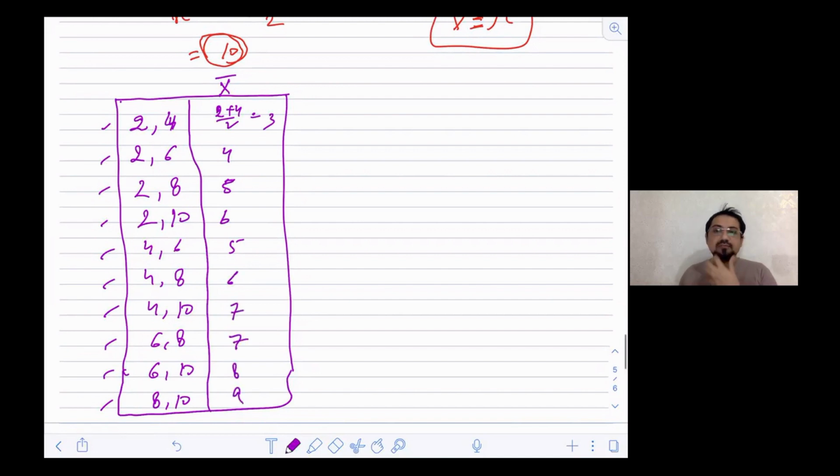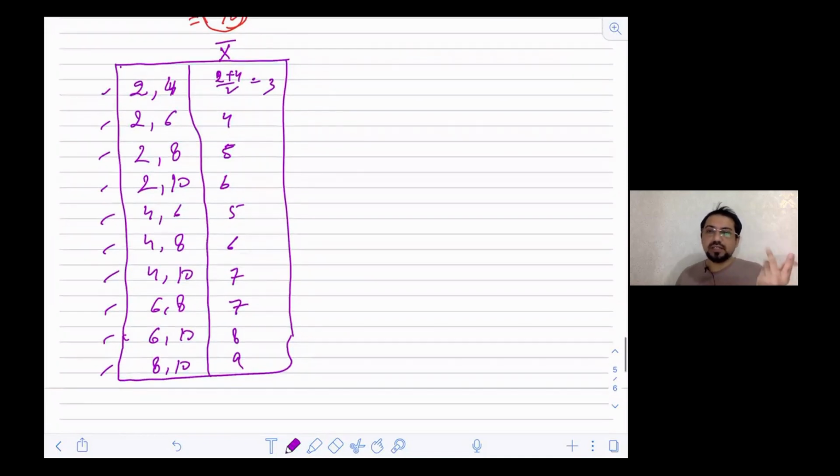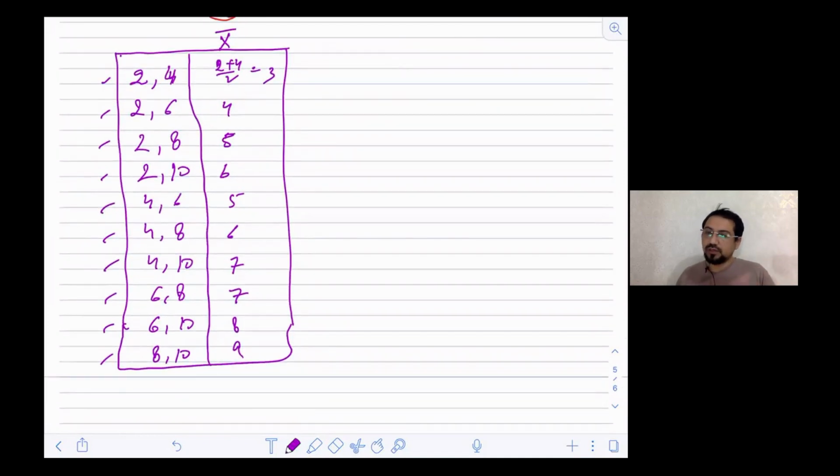Okay, and then what we have to do is the same thing that we did in the case of with replacement in my previous video. Again, I'm going to see whether my mean is equivalent to my population mu. When we did with replacement, we had a normal distribution, a bell-shaped curve. Let's see here whether it is going to be like that or not.